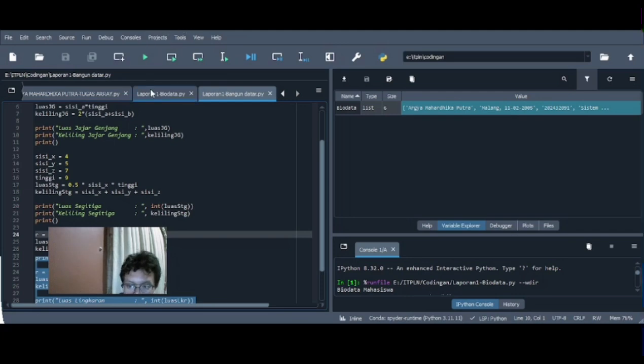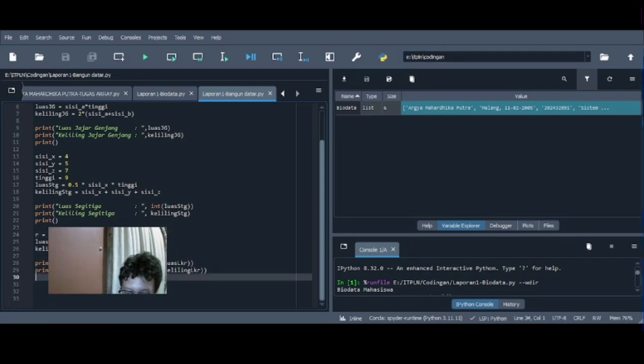And the last one is still the same, displaying the results using int, which ensures the results are displayed as whole numbers, not decimal and so on. And then it prints the area as usual, and prints the last one. It's not using the print like this because it's the last one to calculate, and then it will be like this.